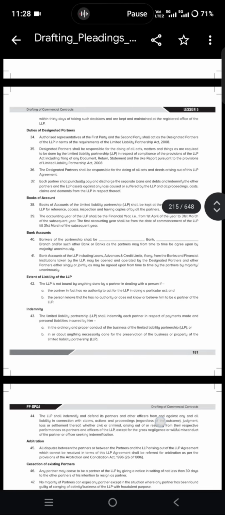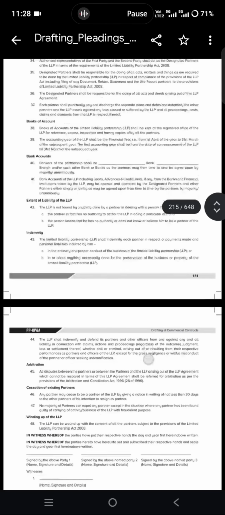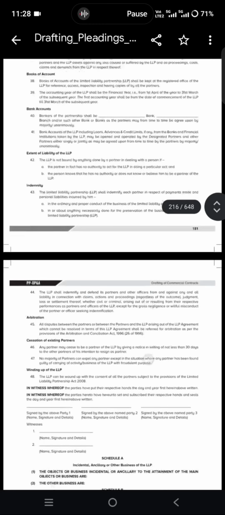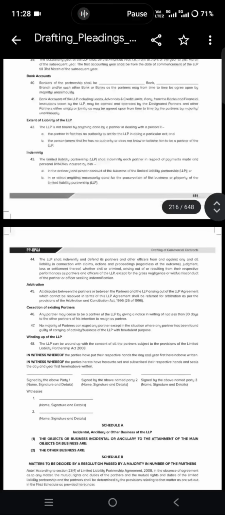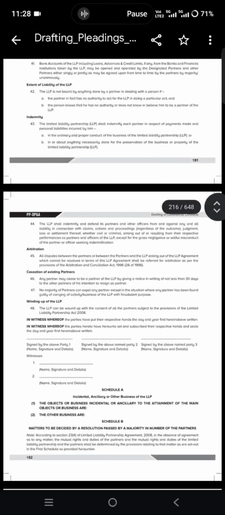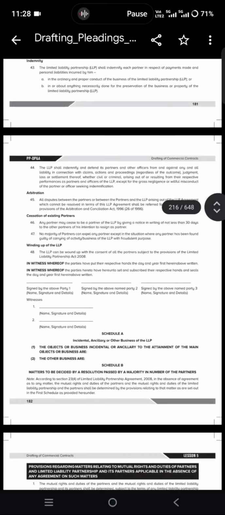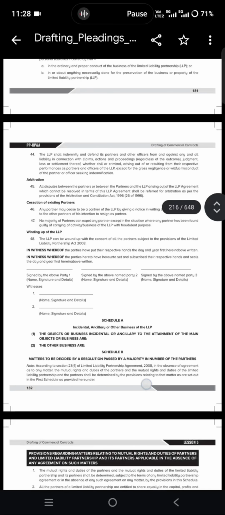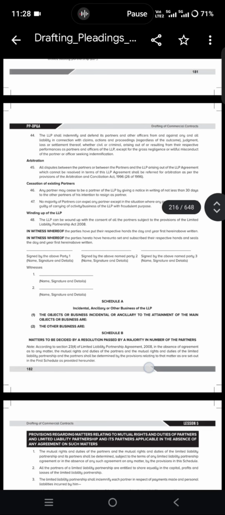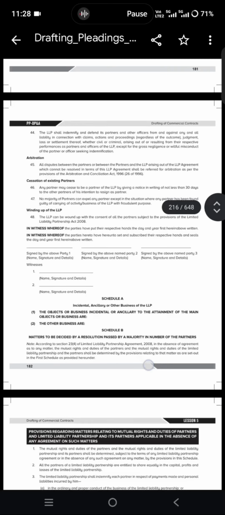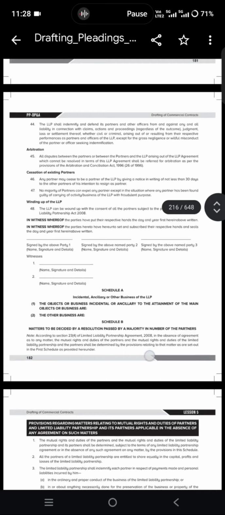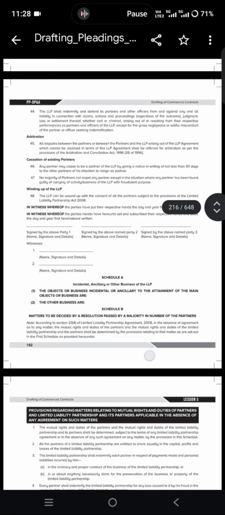Remuneration will be paid as the majority of the partners decide, and the LLP shall pay interest as decided by the majority. And if any partner advances any sum of money over and above his contribution, the same shall be a debt. So over and above the capital contribution, if we give any, that is considered a debt and shall carry a simple interest at a rate of %.